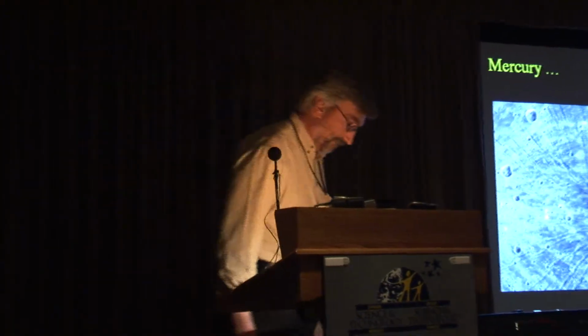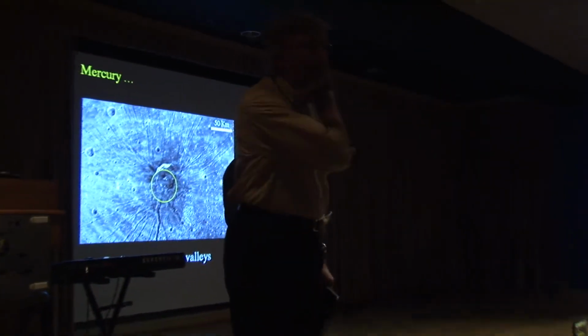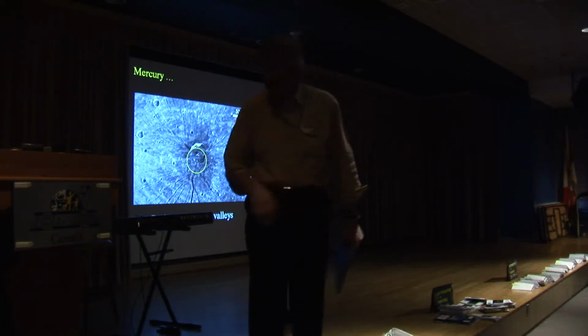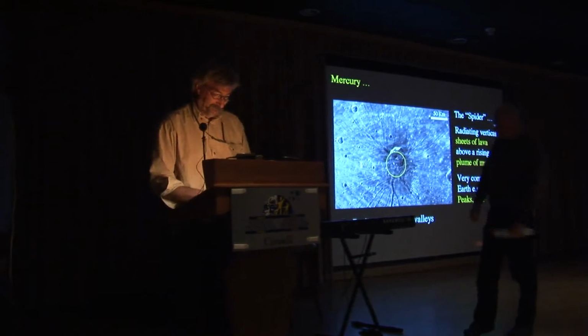Way in the back. Way in the back, Rob? I was rather disappointed in some of the images because I was kind of looking forward to the different terrains that we saw on the Moon, where the near side has got the mare, the back doesn't, and even Mars, the north hemisphere is more